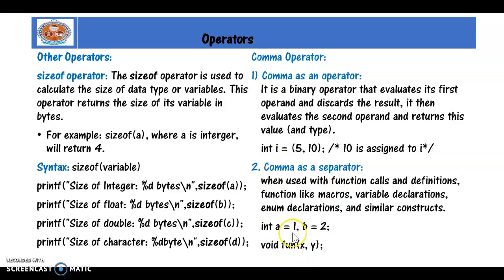See here, I am taking two variables, right? I want to declare both of them as int. So I will simply write int a, b, with the comma as a separator. In the same way, when I want to differentiate variables within my function, I will use the comma as a separator. That is, the x variable is different from the y variable.